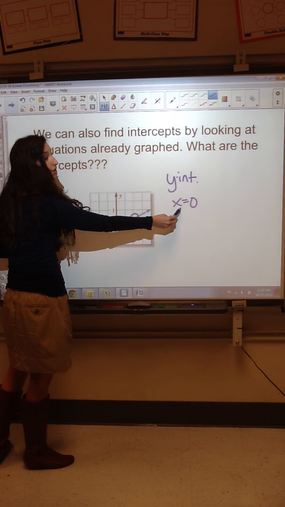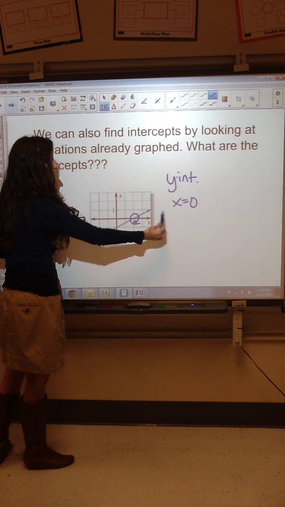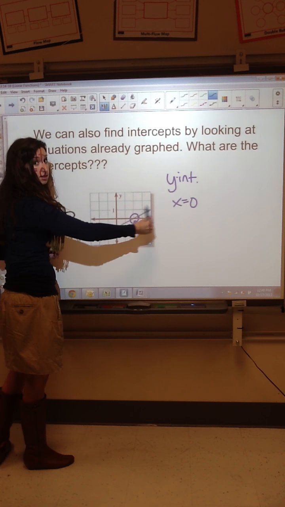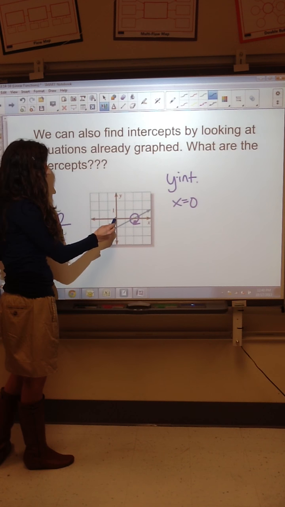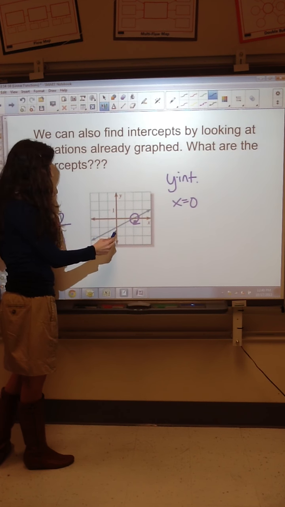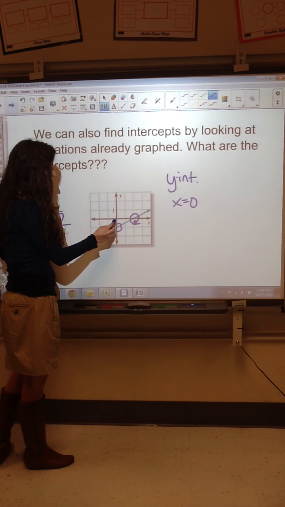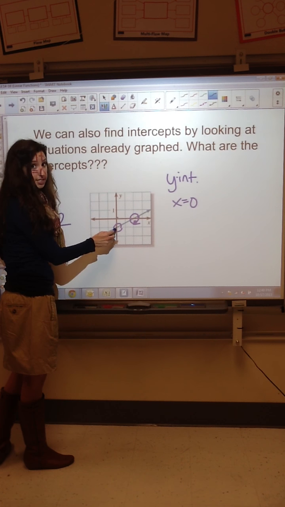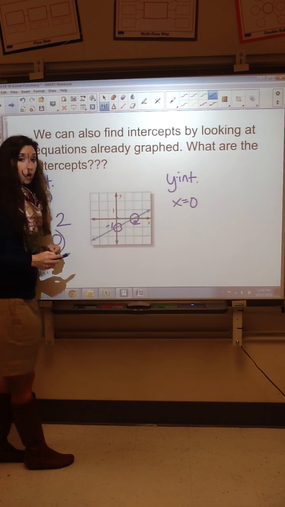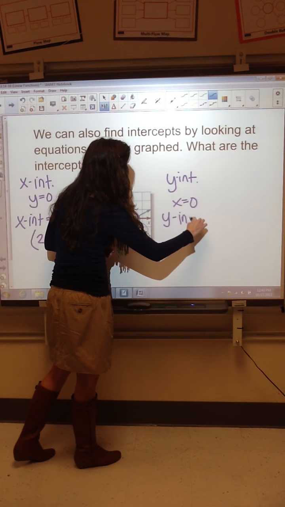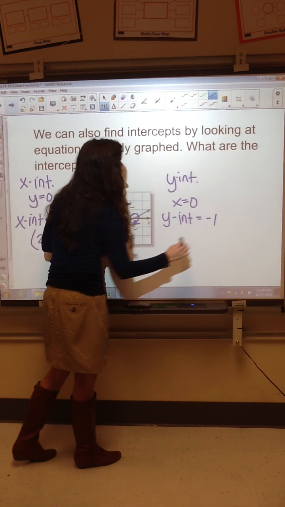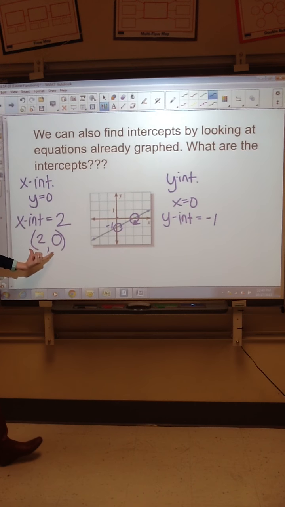We remind ourselves that x is 0, so I have not moved anywhere at all on the x-axis. I am looking for the point where it crosses the y. So if I come down, where does it cross the y? If this is 0, this must be negative 1. So I'm going to write y-intercept equals negative 1. But if I wanted to put it in a coordinate point,